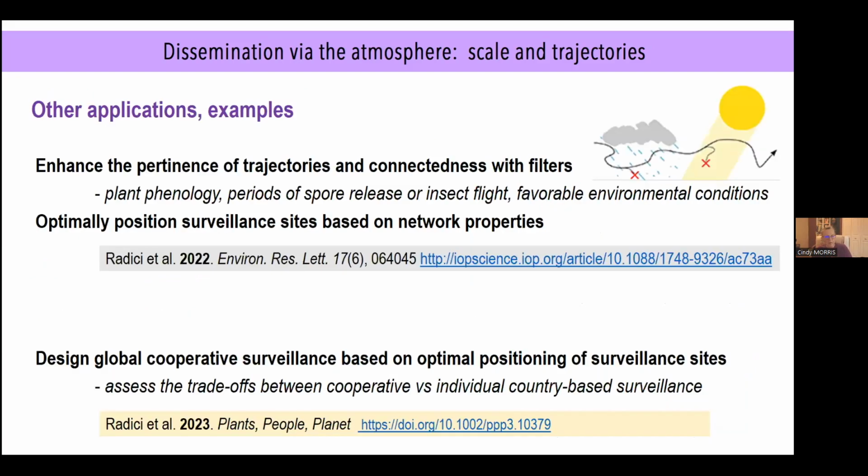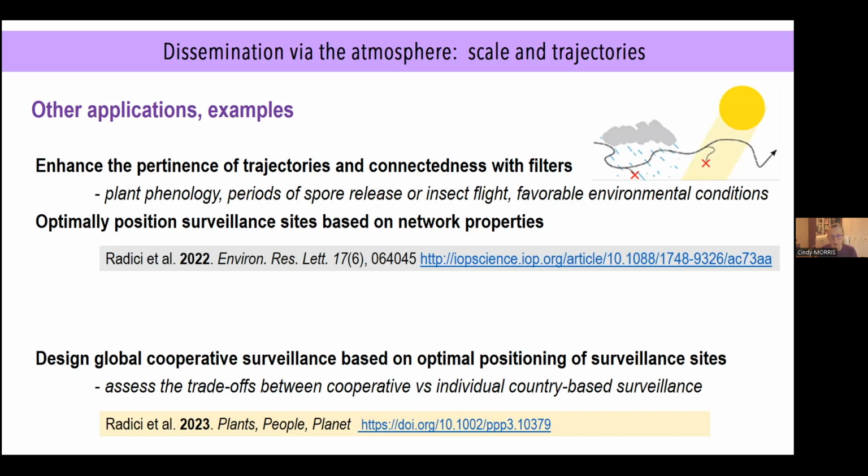But then we looked at other applications where you can enhance the pertinence of the trajectories that you estimate by taking out times of year that aren't pertinent. So if you have a certain microorganism that's never available in winter, you wouldn't use those winter trajectories. Or the plant phenology stages that wouldn't be emitting spores and bacteria, you would take those out too. So you would make your trajectories more pertinent. And then you could